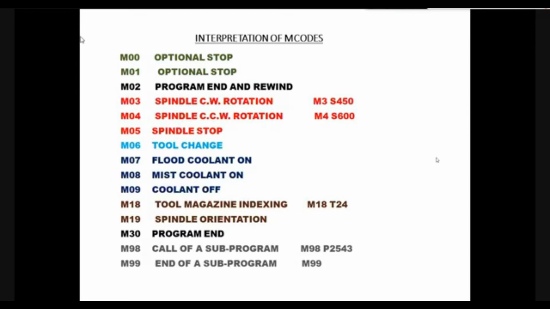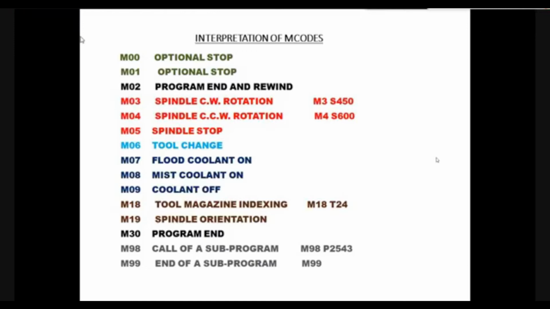Before doing operations with so many tools, sometimes we will be needing to remove the scrap so that it will not hinder the tool rotations and the tool will not be getting damaged. For such purposes, we have to stop the machine. In such cases, we will be using M00 or M01.